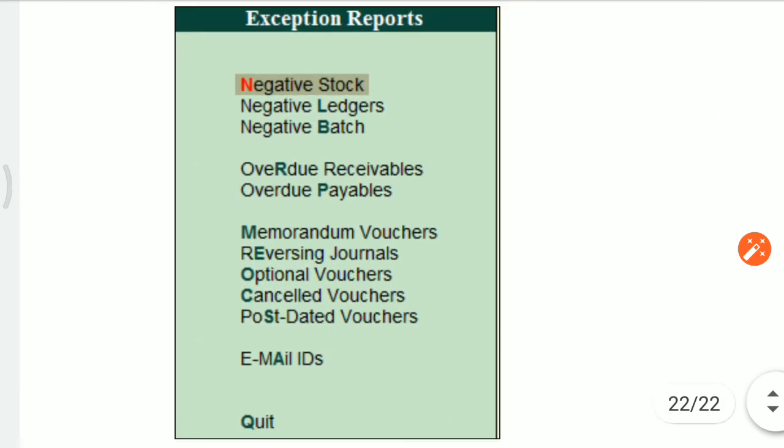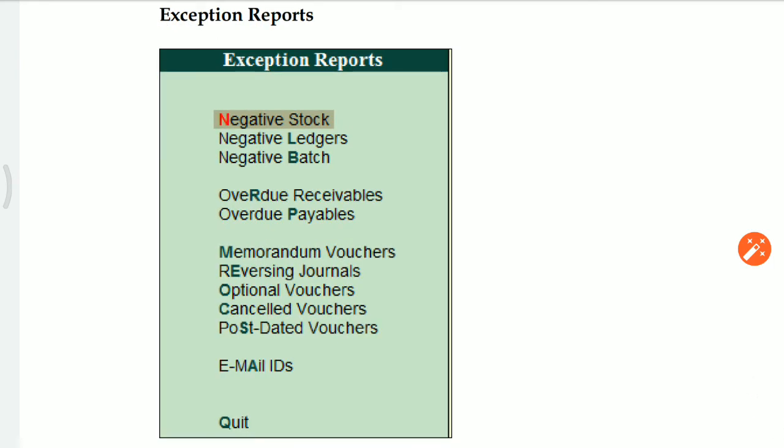Exceptional report. Friends, this is the most critical factor. All auditors check the exception reports. The exception reports are a summary of your critical work. This will give a report directly to the auditor. For example, negative stock will directly give a report to the auditor. The auditor will always check the exception reports. The same concept is available in any accounting software. Generally, exception reports are not available to juniors. These reports are available to either senior level or auditors.